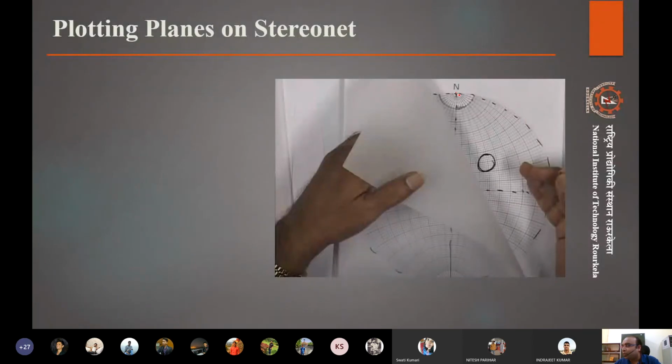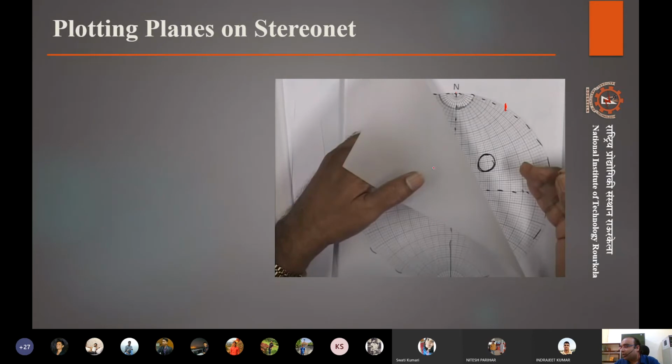If we want to plot a 30-degree strike angle, we have to start counting from here and go down. Suppose we have a plane of 30-degree strike and 70-degree dip. For 30-degree strike, we will start from here. That is 10, 20, and 30. We will mark a point here.